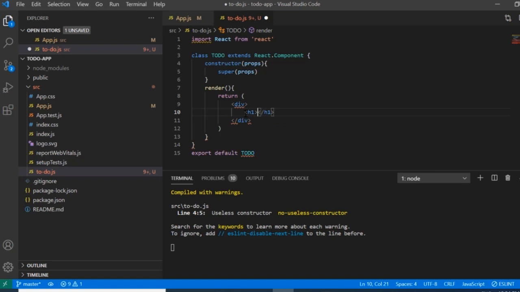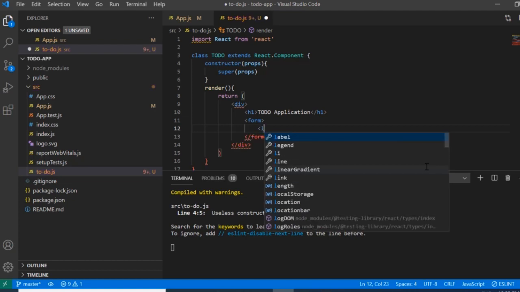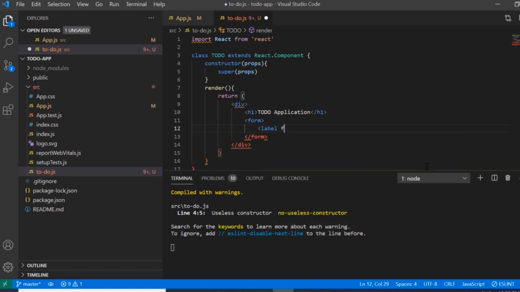So let's say I'm just trying to use an h1 tag, and here I can say to-do application. This is the header. After that we can use one form, and in this form we can use one label, and then we can say htmlFor, and give the label an ID. So I can say this is a simple ID, and then we can add the label name. So let's say I can label it